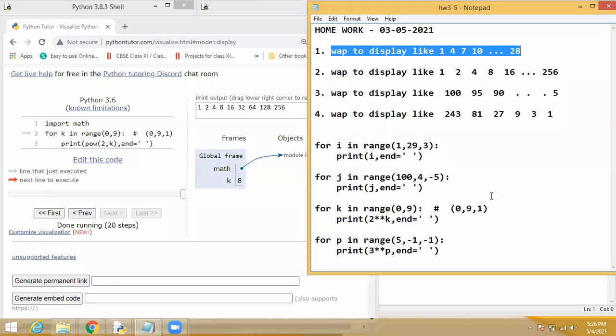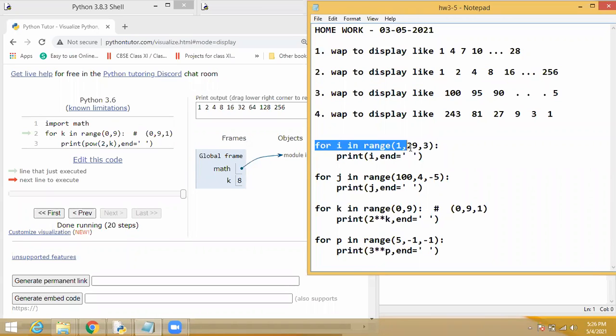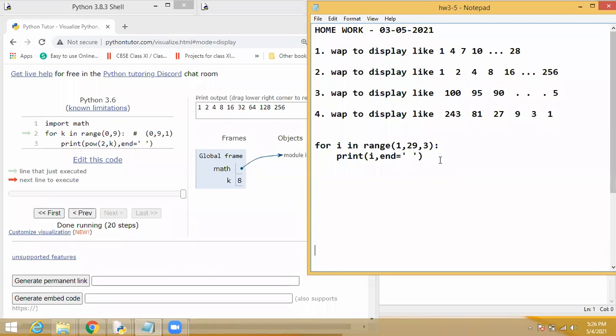Yes, sir. Now anyone tell me what is the exact equivalent method for the while loop, this first program? We have to split it into 3: initialization, condition, and updation. Where we have to give the initialization? i is equal to 1, starting itself, we have to give initialization.